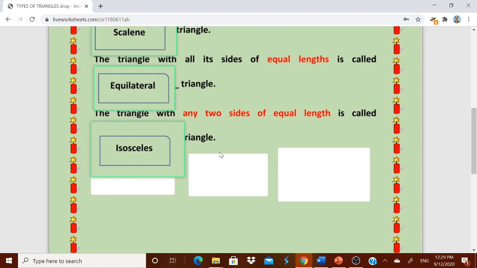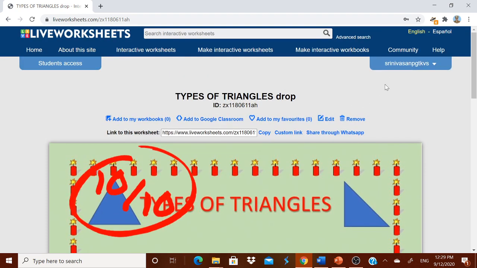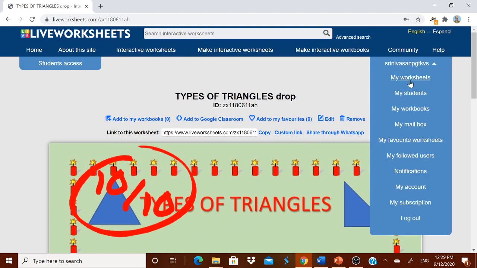But remember that they are to be typed in such a way that there is a gap between them, so that you can draw a box and then you can type drag, drop, drag, drop and so on.